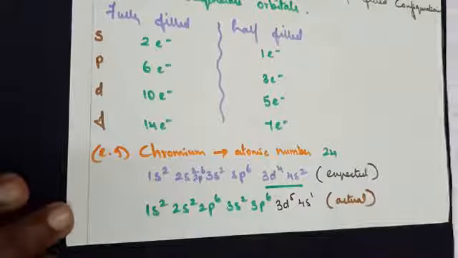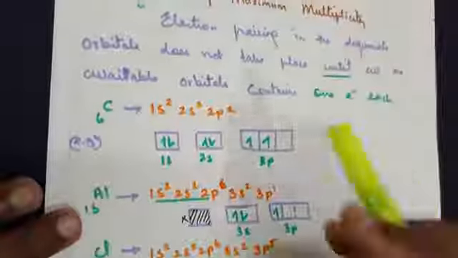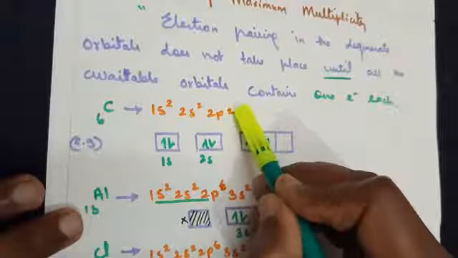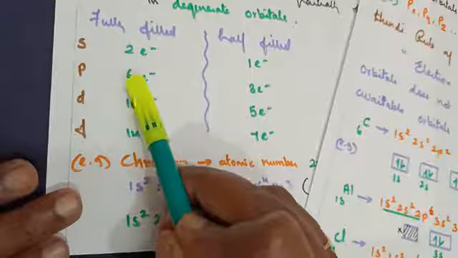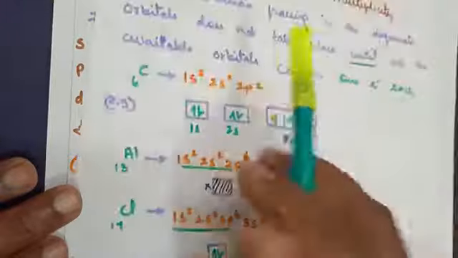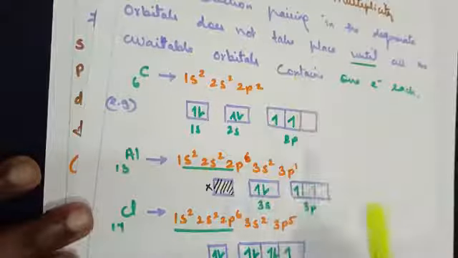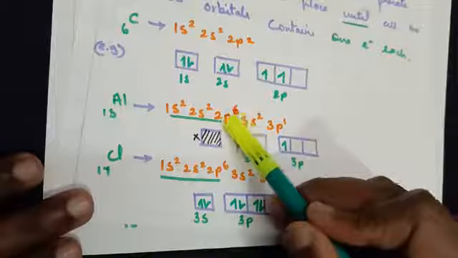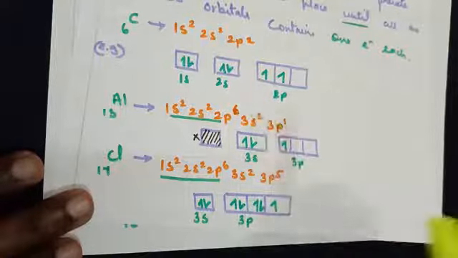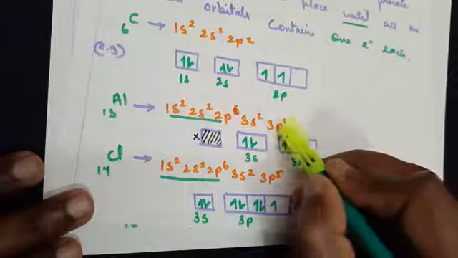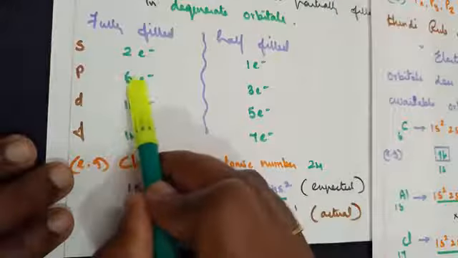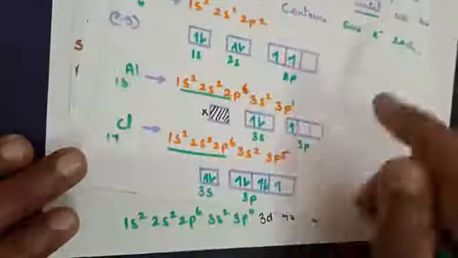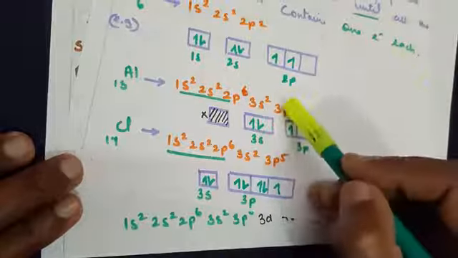Let me go back to the example here, 2p2. So how many electrons are there? 2. To say a p orbital is stable, it should have either 6 electrons or 3 electrons. You have only 2, so it's not stable. In case of 3p1, the 2p is completely filled, it's stable. But in the third energy level, 3p1 has only 1 electron, and to say stability it should have either 6 electrons or 3 electrons. It's neither 6 nor 3, so it's not stable.